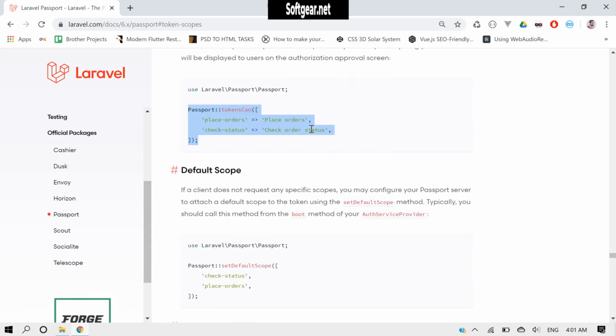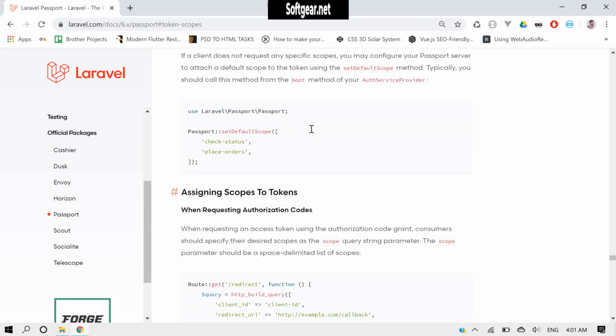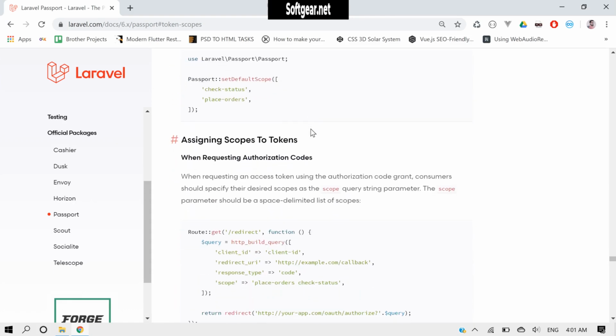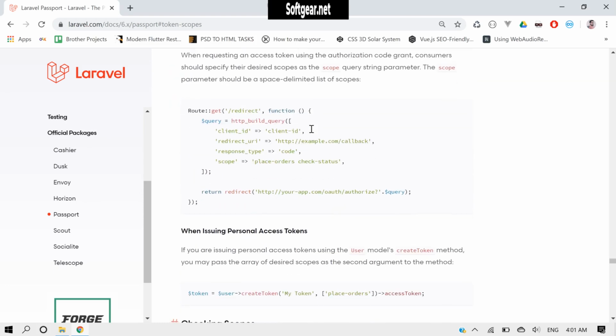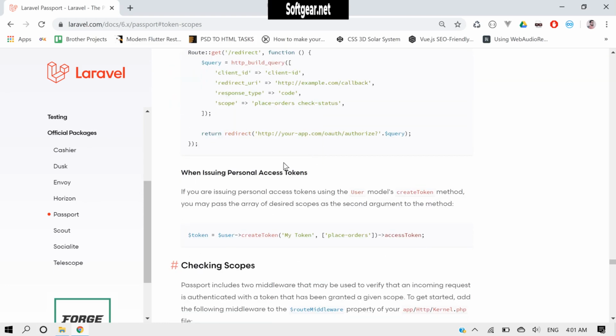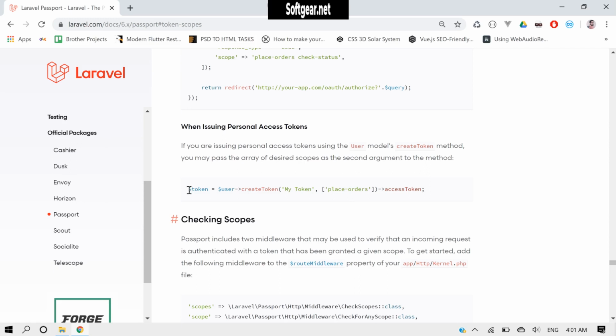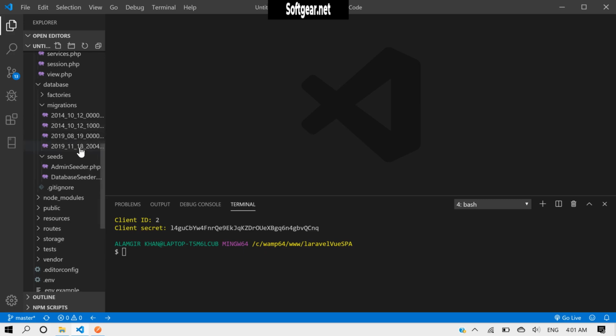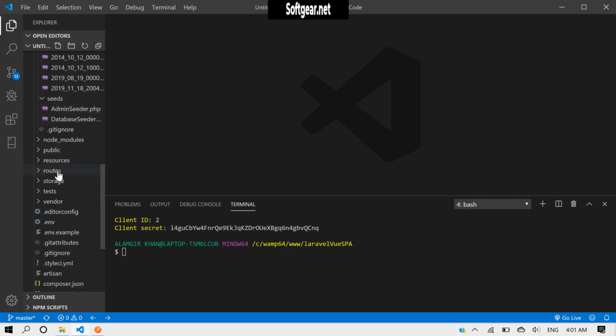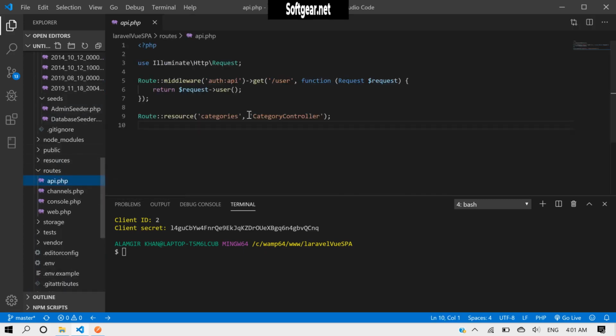Come back here, and we will use a personal access token. So we have to give each token a scope in this way. So now just come here and define some routes. So inside routes, api.php,